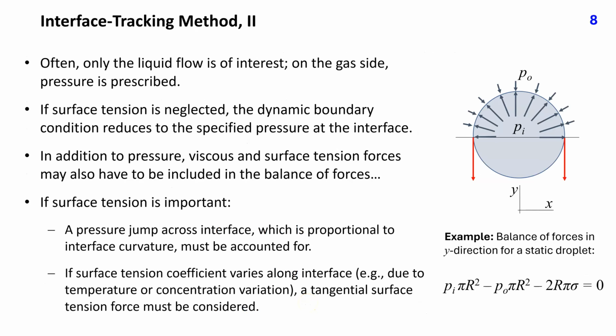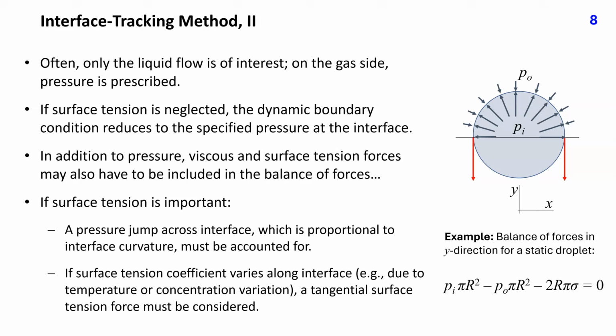Often, only the liquid flow is of interest. On the gas side, pressure along the free surface is prescribed and the flow is ignored. In addition to pressure, viscous and surface tension forces may also have to be included in the balance of forces. If surface tension is important, a pressure jump across the interface, which is proportional to interface curvature, must be accounted for. If the surface tension coefficient varies along the interface, for example due to temperature or concentration variation, a tangential surface tension force